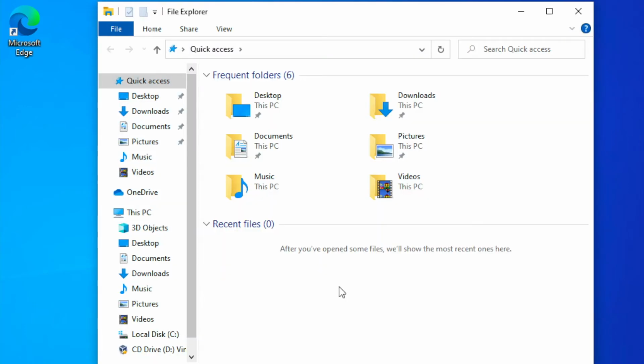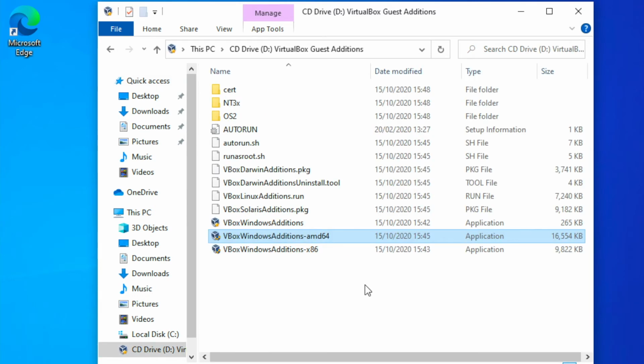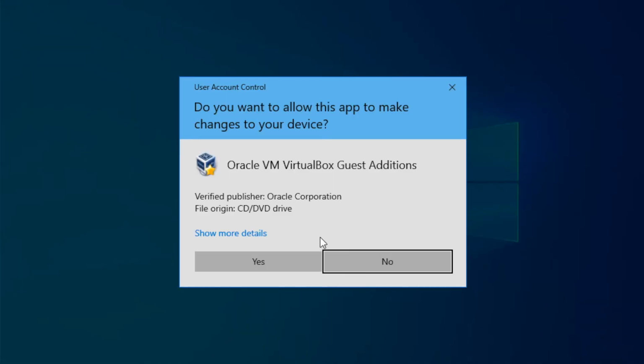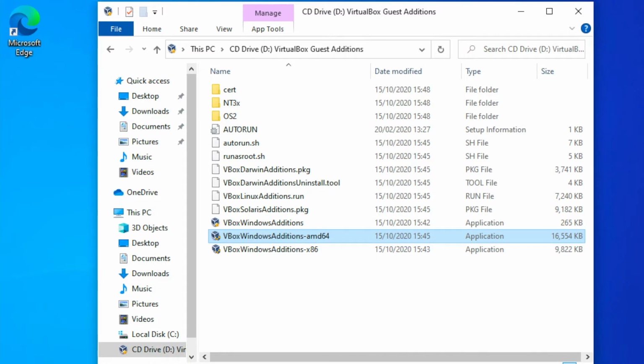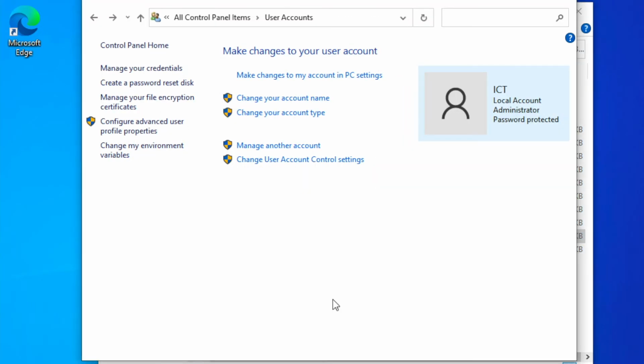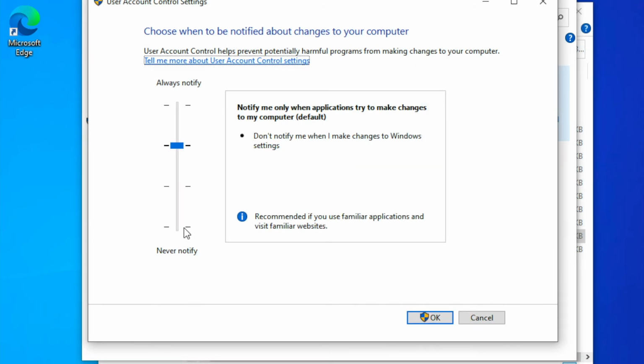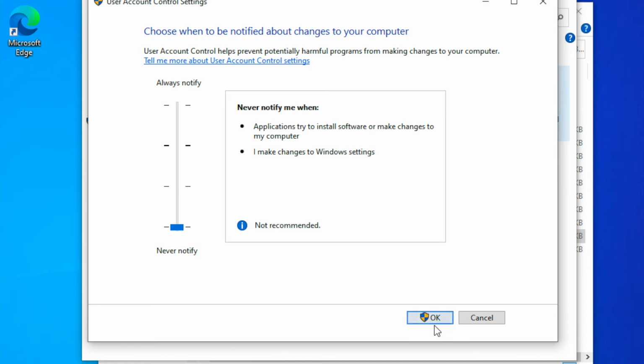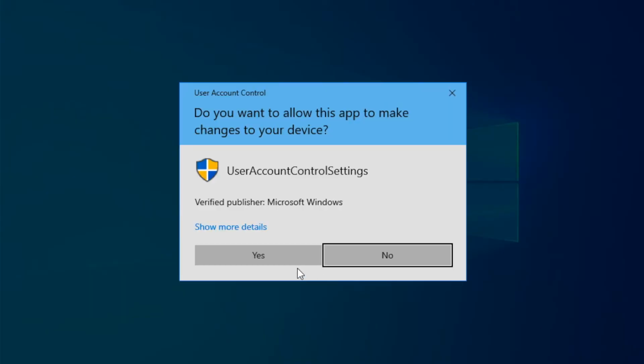Okay, and I'm trying to install some application on my computer. So this one makes you see the user account control at the top. Yeah, you will see it at the top. Okay, right now I will go back to the settings again, and I check never notify and click OK,